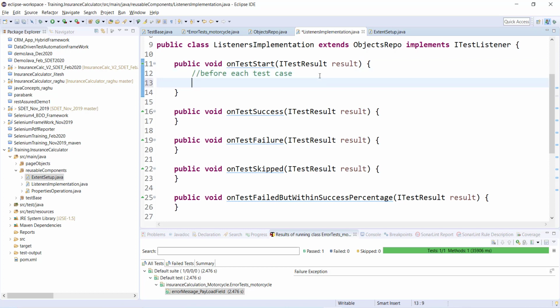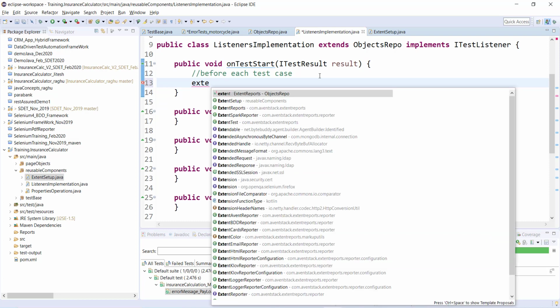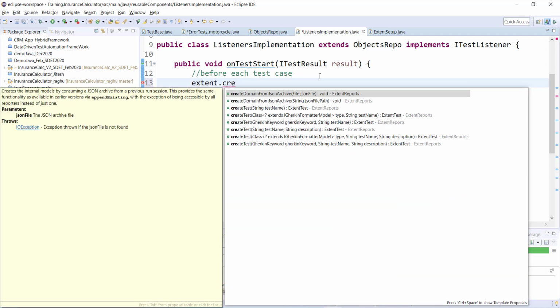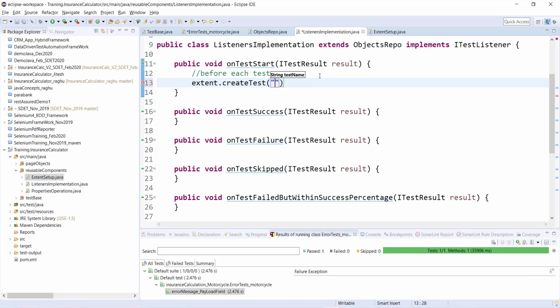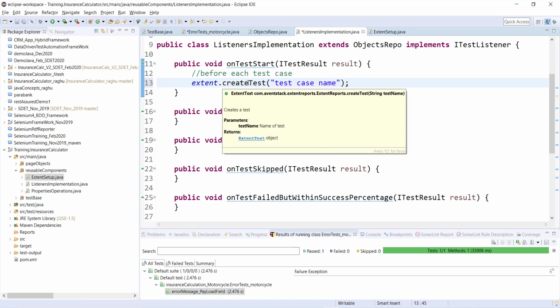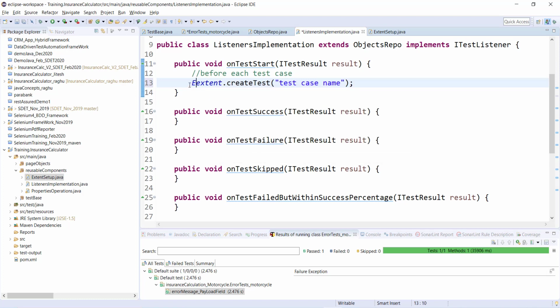Within this method, again we are going to refer to the object of extend, and there should be one method called create test. Here you need to give the test case name. What this create test method returns is the object of extend test. Extend test is equal to this. Now I can keep this here itself, but the problem is I cannot refer to it in my actual test cases if I put it here. So I will pick it from here and put it into my object repo,